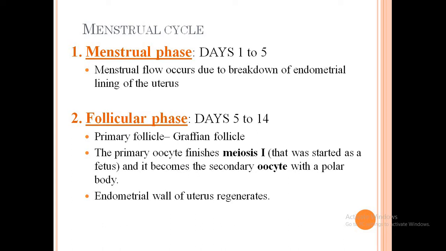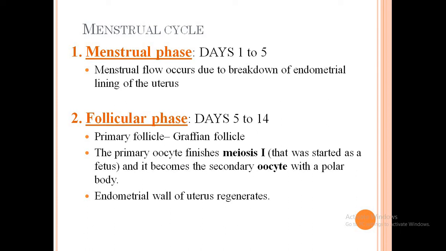This phase is also called the proliferative phase. What do you mean by proliferative phase, children? Proliferate means anything that is developing. So what is developing over here? The Graafian follicle. Children, mark this phase as very important, because this is very frequently asked in the exam. For exam purposes, you should know all three alternative terms. They can ask you in any way. If you are not learning all 3 terms, you will not be able to decipher what you are supposed to write. So what happens during the follicular phase, children?